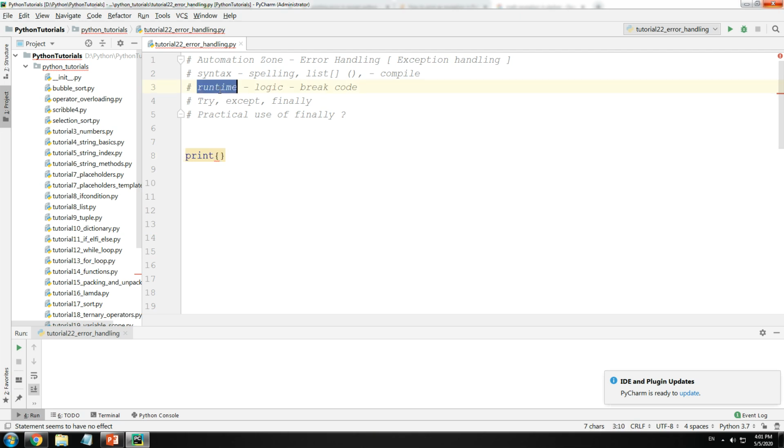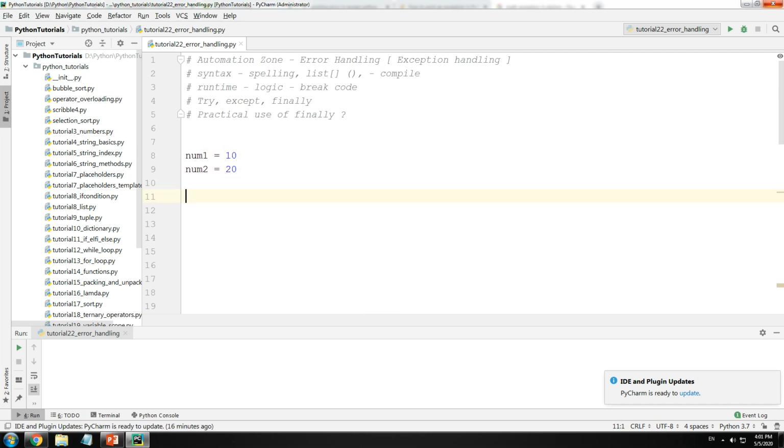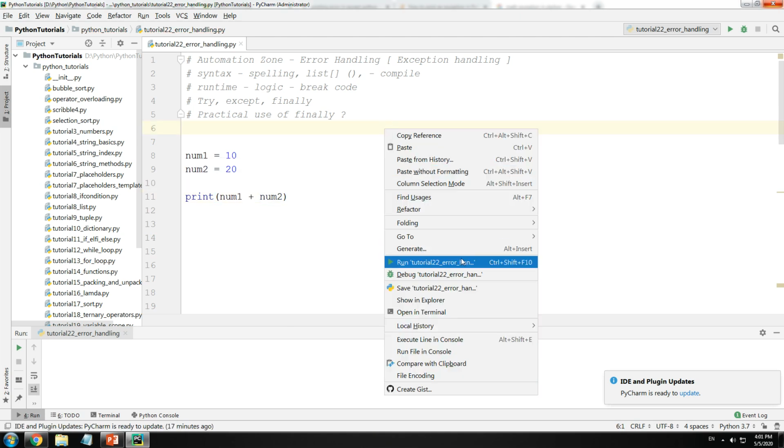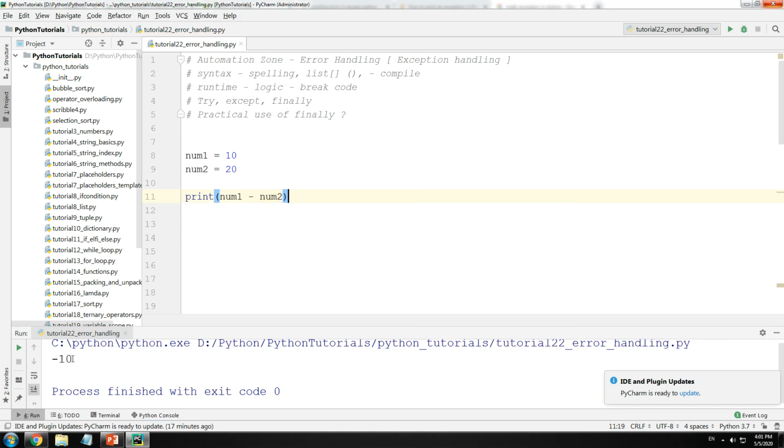The next type is your runtime errors. There are two types: logical, which does not break your code, and the other, which breaks your code. What do I mean? If I have two numbers, 10 and 20, and my boss has told me to write a program to add the two numbers, I do num1 plus num2. Pretty straightforward, I get the output 30. But what if during typing I have a typo and I add minus? This is not going to break my code, and I'll not be having any errors in my application. Everything works fine. The process finished with exit code 0. So no errors. So avoid these errors. They are hard to catch.